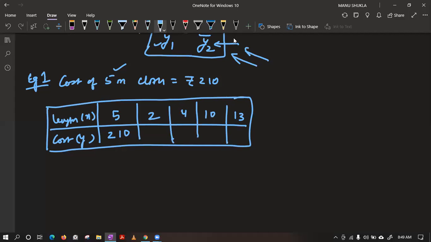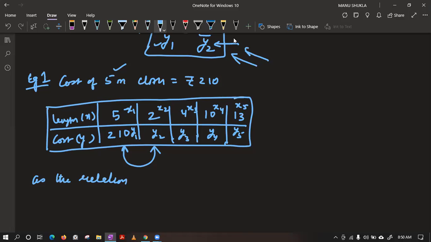Very simple. First we need to give some symbols. So we can give this as x1, this as y1, this as x2, y2, x3, y3, x4, y4, x5, and y5. So we have given names to every value, and now we can utilize it. The first equation will be taking these two. So we can say the relation between